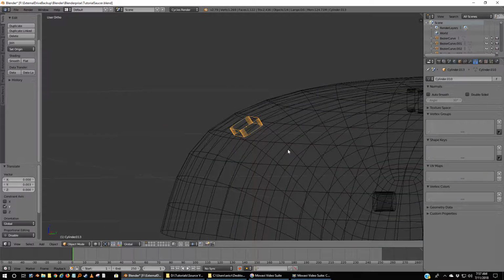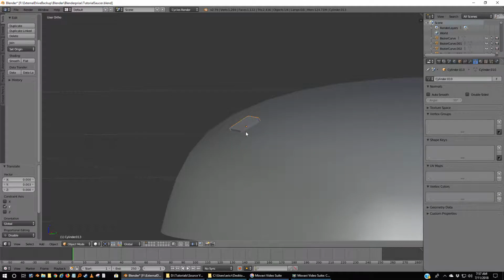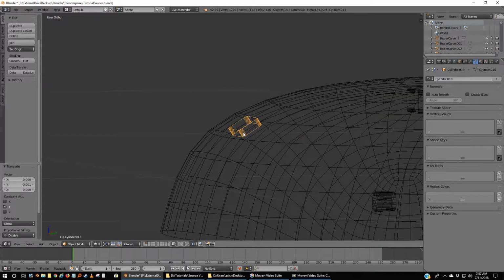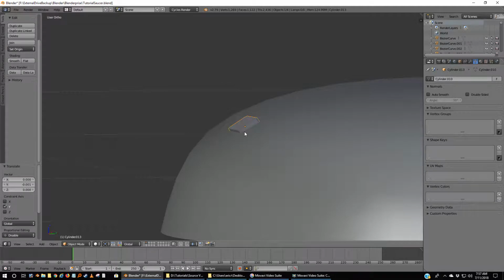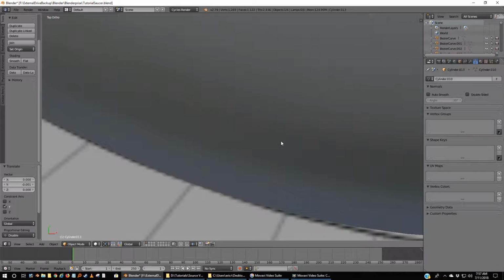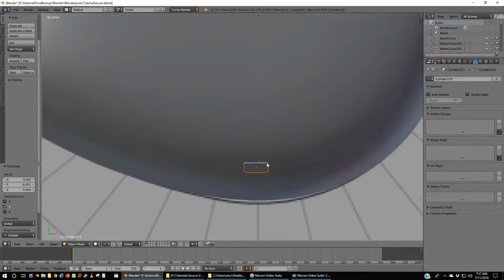All right, so I'm going to grab Y and move that about there. Okay, so if I go Z, I can actually see the upper edge, lower edge, and between those two, this would be about the middle here. All right, so I'm going to move it out Y. Grab Y, move that out a little bit. Z, all right, middle is about here. Z, hey, just about perfect. All right, so that's not so bad. And we can use this for any windows that go forward. So I'm going to hit Z,